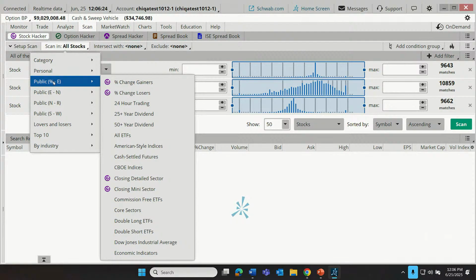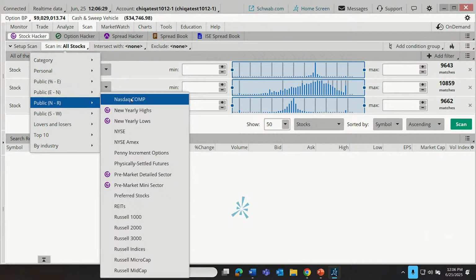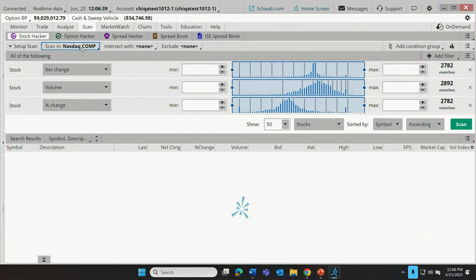Let's go down here to the public watch list. How about we just want to scan in the NASDAQ composite, those thousands of stocks that represent the NASDAQ composite. So I'm going to select that. This is going to filter out anything that's not a NASDAQ composite stock. And right now, you'll notice as I've done this, there are about 2,800 stocks that we're going to be looking through in today's example. Now, had we not put on that filter, there'd be about 12,000. So we've already taken a big step toward narrowing that field.